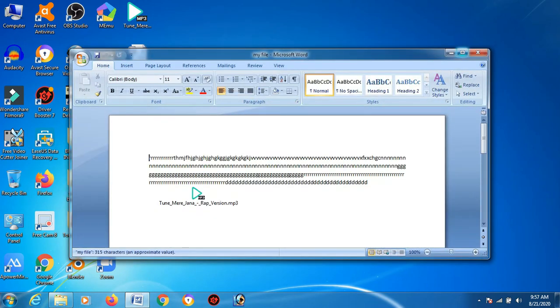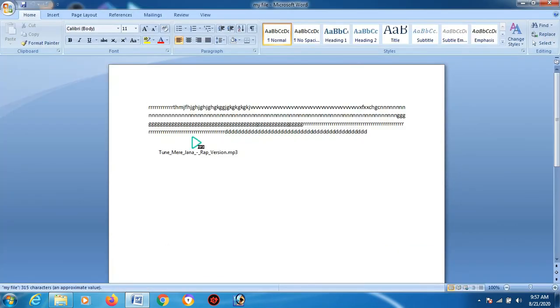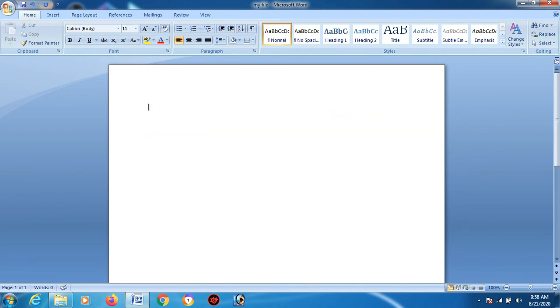I have double clicked it to open it. Okay. So this is the thing. Hope you have understood inserting the song, inserting a voice file. The voice file can be anything, MP3 also. Okay. Now I would like to delete the whole content. I pressed delete.